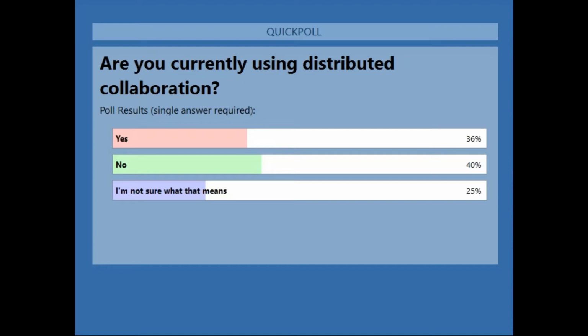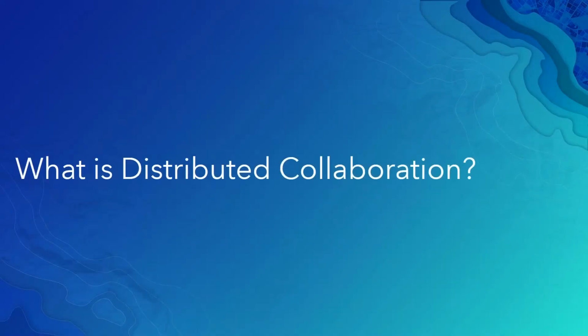For those of you that are not, and those that are not sure what it means at this point, so the majority of you on the webinar today, we'll certainly give you an introduction to what distributed GIS and collaboration is all about, how to implement that inside the organization, and some tips and tricks to do that in a trusted environment so that you truly understand who and what you're sharing with in a trusted way. So with that, Ed, I'll turn it back to you. So we'll know that about 65% of the folks here, this term is new. So we'll start there and move forward.